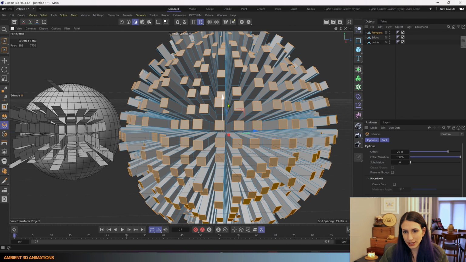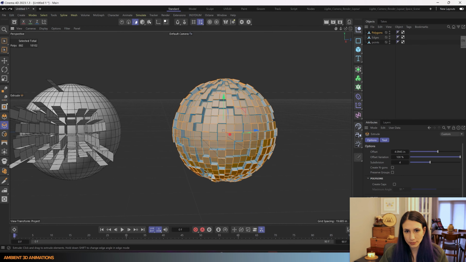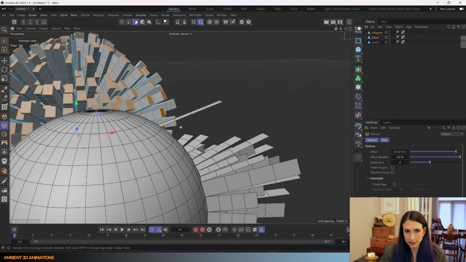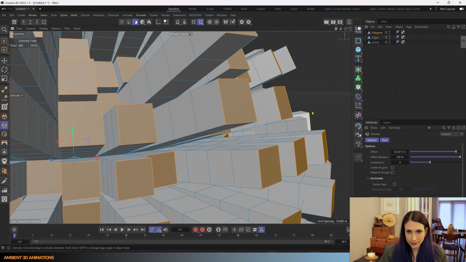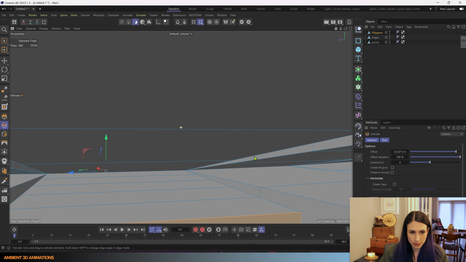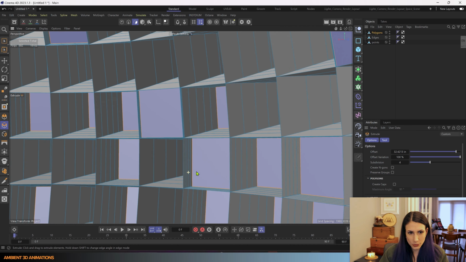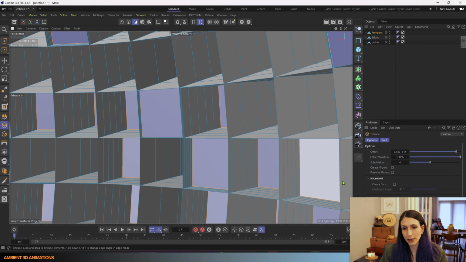You can also adjust the number of subdivisions. And you can see that when we turn this on, it's adding geometry or segments to each extrusion, which is really powerful. I'm just going to re-extrude this for a second because I'd like to show you something else, but from the inside of the sphere. So I'm going to move inside of here, and this is what the inside of the sphere looks like right now if we have create caps turned off.